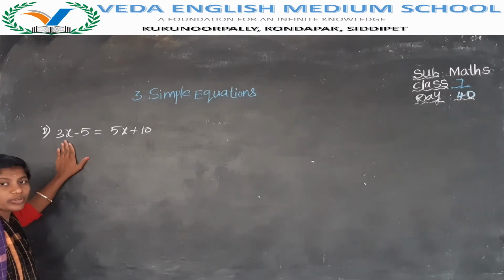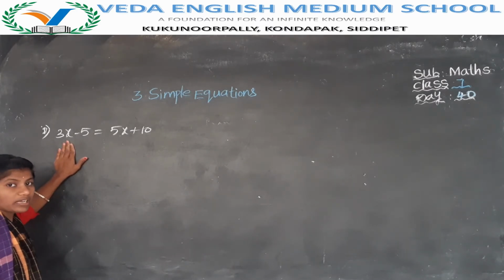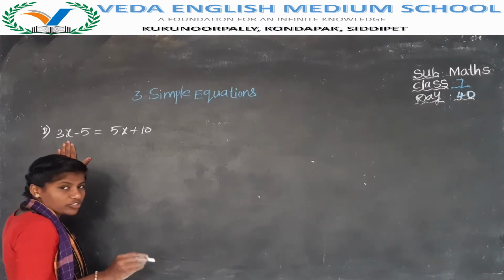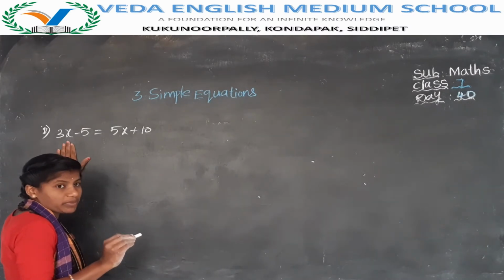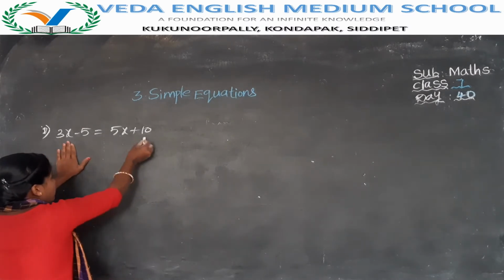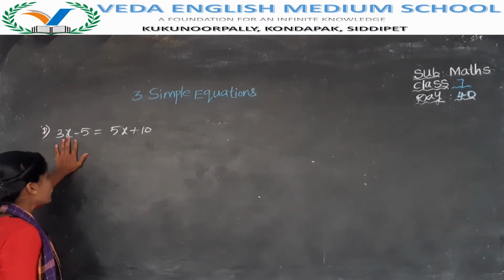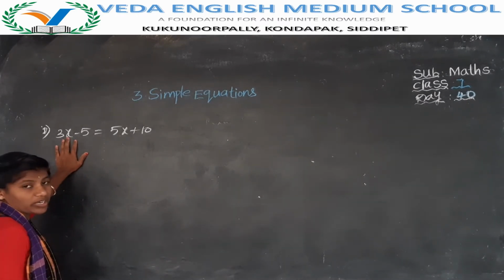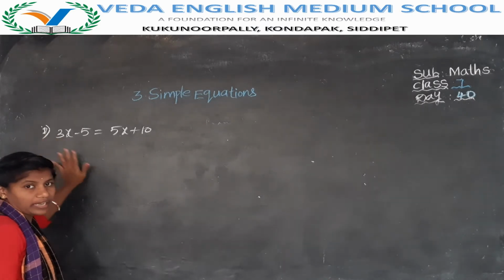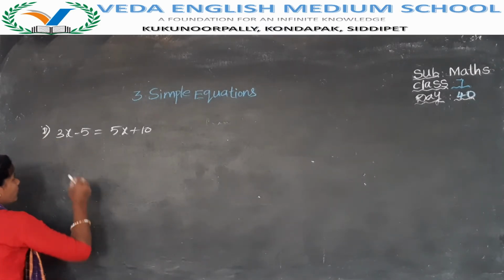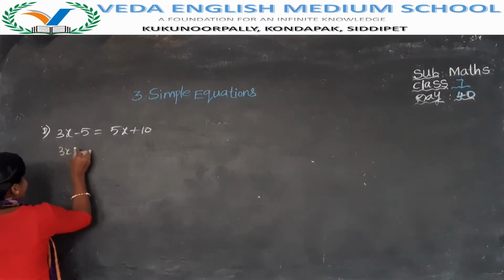In the LHS side now, English small letters only should be there. In the RHS side, always you have to write numerical numbers. Whatever numbers we have should be on the RHS side, and whatever letters, small x, small y, should be on the LHS side. You should remember this.